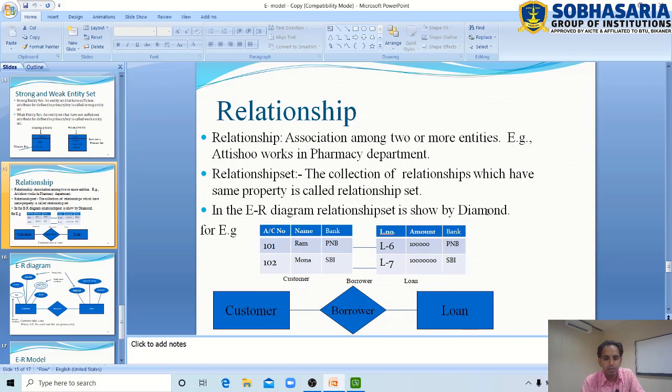For example, if a customer takes a loan, then the relation is called borrower. Here we have the customer table and loan table, and the relation is the borrower.